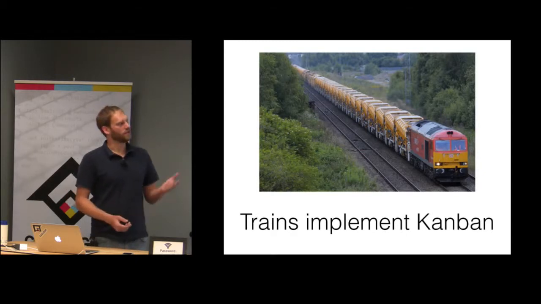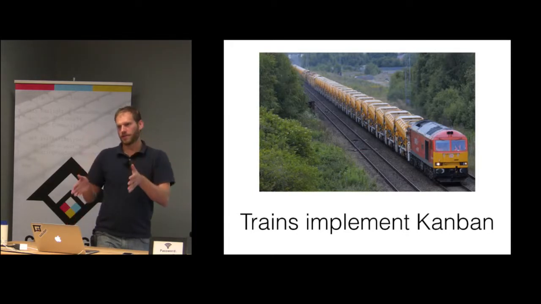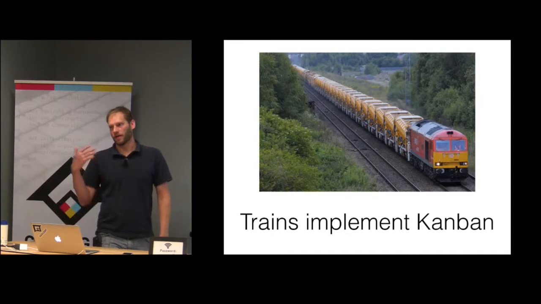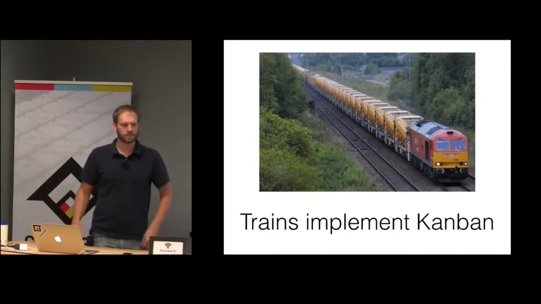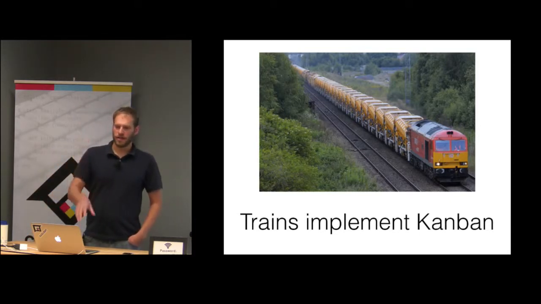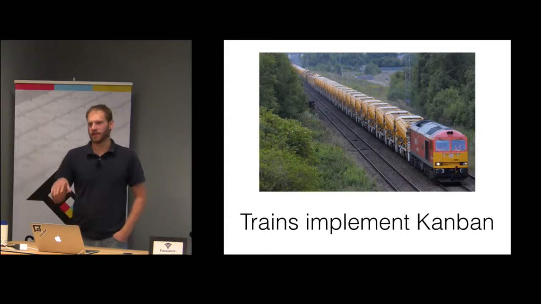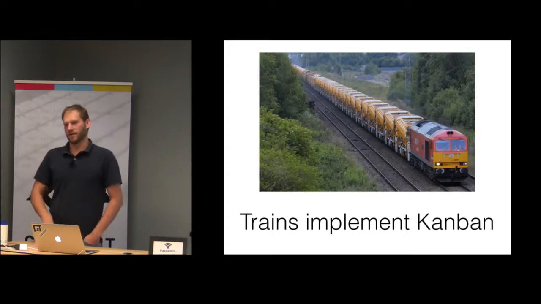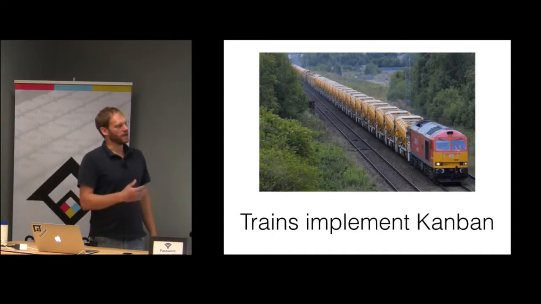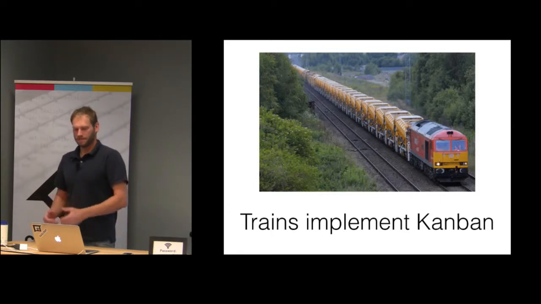Okay, so the thing about this, of course, is that trains are very regular. Each car is exactly the same size, and each car moves at the exact same speed because they're fixed to each other. We know that development does not work that way. The same story could take design 10 minutes and development 10 days. And the next story could be 5 hours in design and 1 minute in development. Or some could skip one of those stages. So development is not nearly as regular as a train. But we can still learn something from pull here.